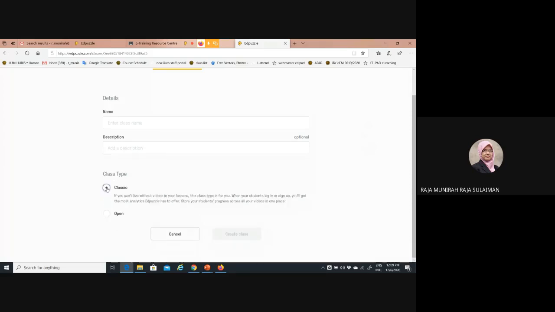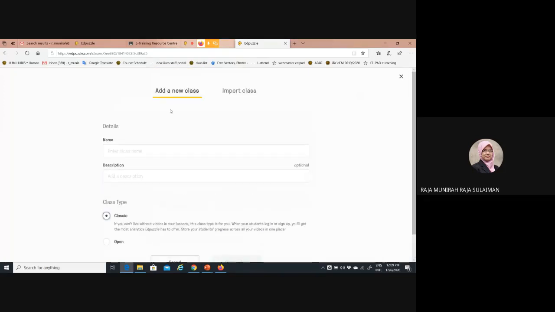Also, one thing you need to know is that if students are using a smartphone to watch the EdPuzzle, they need to download the EdPuzzle app for the phone. If they are using a computer, then it's okay. So this is how to create a class.